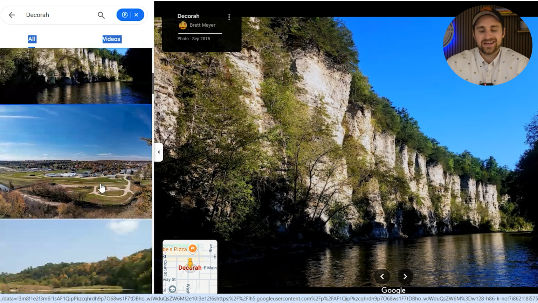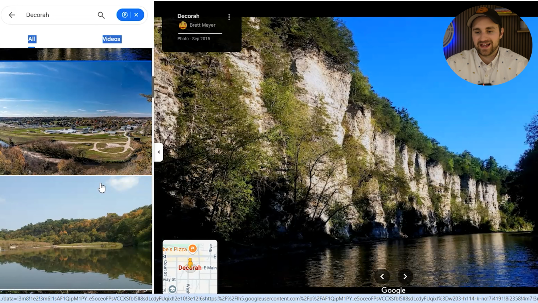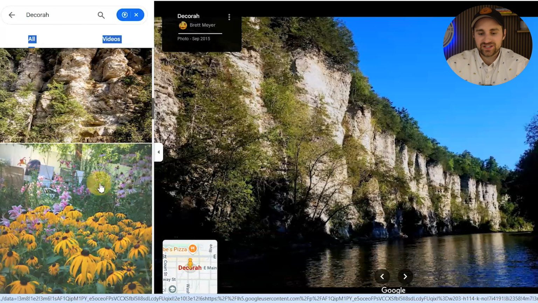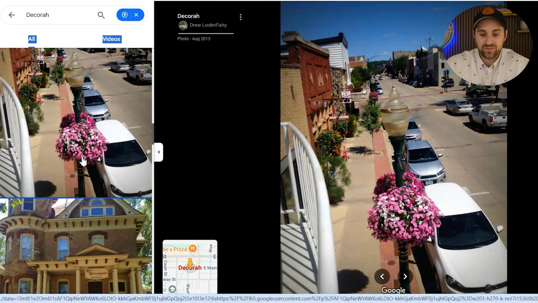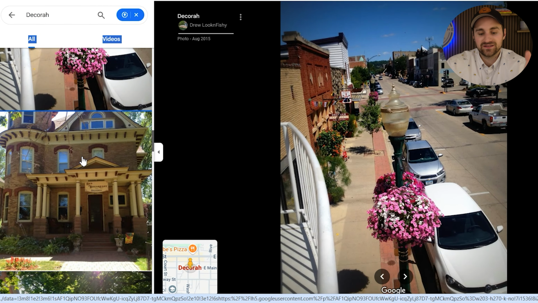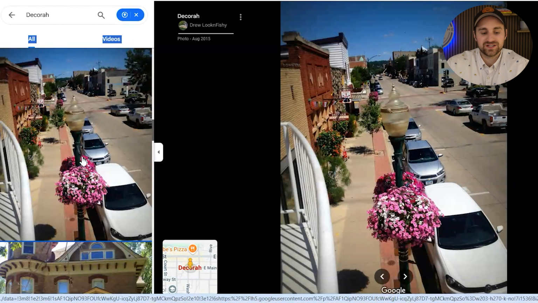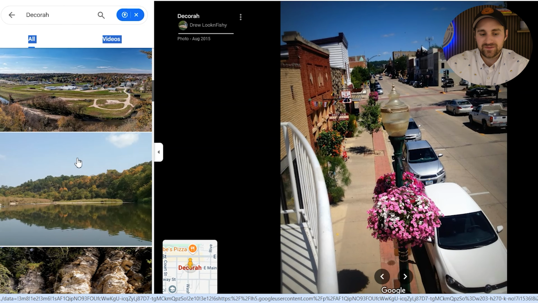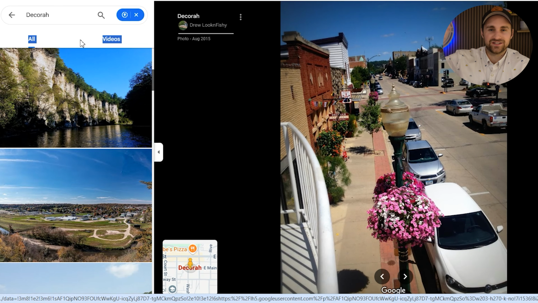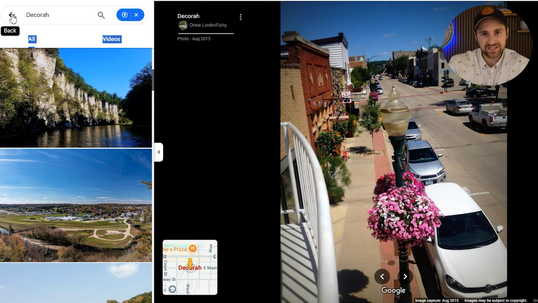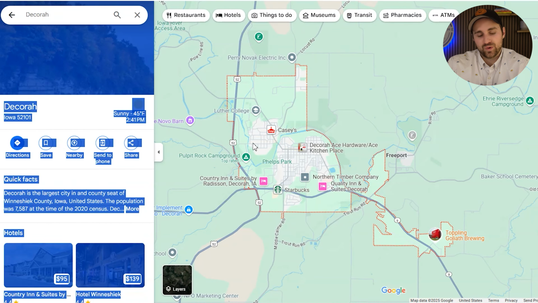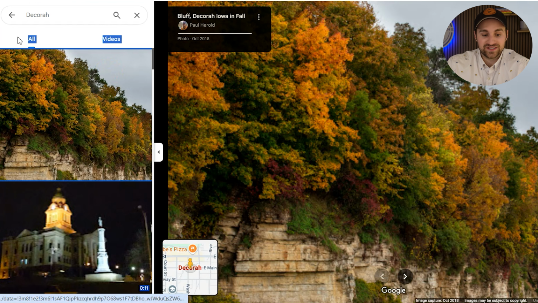Now Decorah is an absolutely gorgeous place. As you can see on here, just how beautiful it can be, and that kind of hammers in the tone of the rock formations that are around. You can see they got some great pictures of this area. It's a very, very beautiful place. A buddy of mine lives close to there. He's actually in Minnesota, but whenever I go visit him, I get to go through Decorah, and it's really, really neat every single time I go there.